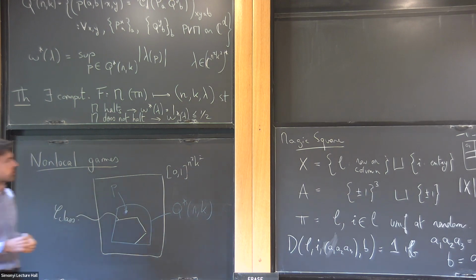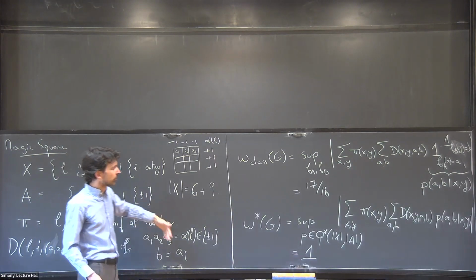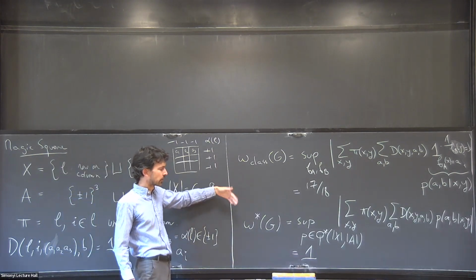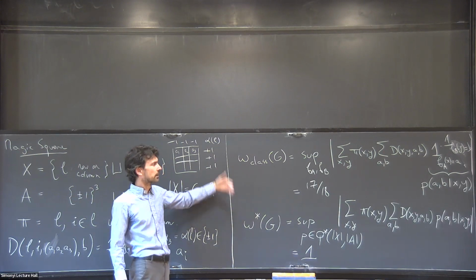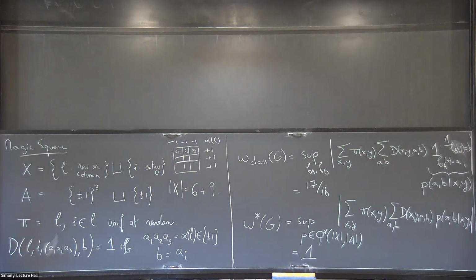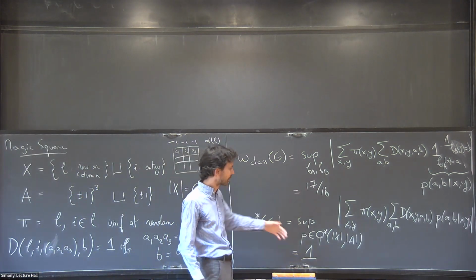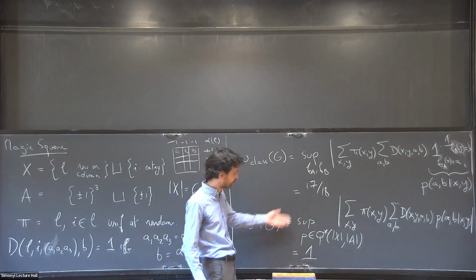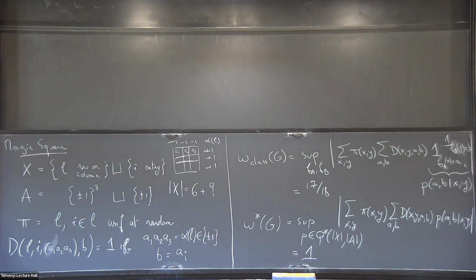That's written there. So Bell observed that there were games such as this, and the strong correlations of entanglement, this is what they imply. They amount to this: you can get a higher success probability using quantum mechanics than using classical physics. And this is not all theoretical. We came at this by studying a mathematical problem, but people do experiments where this distribution is generated, and you do the experiment many times, you check the statistics, and you see this one. So this is a very real, tangible thing that's going on there.